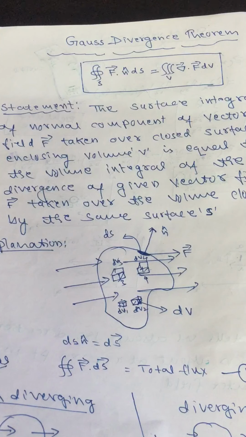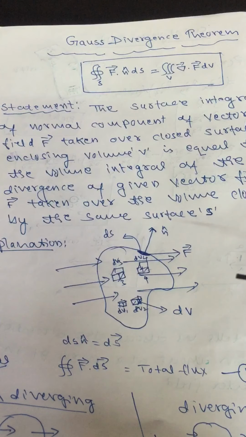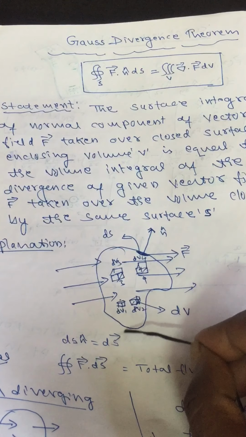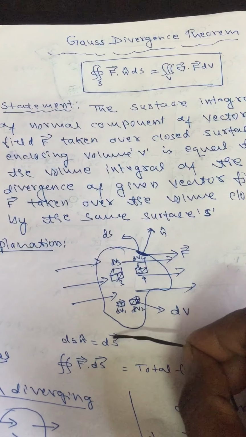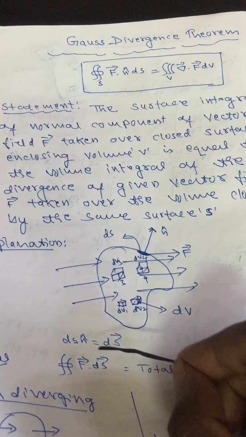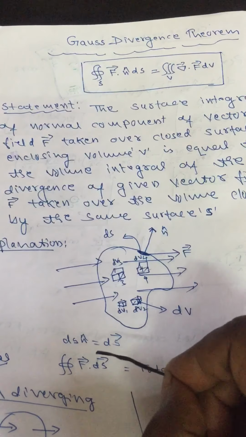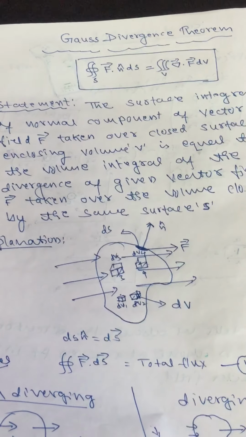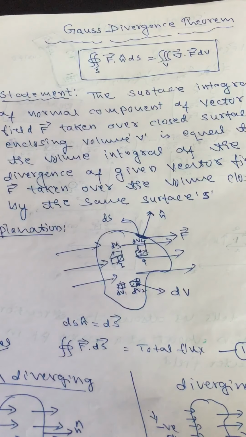So n cap dS is equal to dS, that is the surface vector, the area vector, isn't it? So F dot dS. The surface integral F dot dS gives what? You know, that gives the total flux